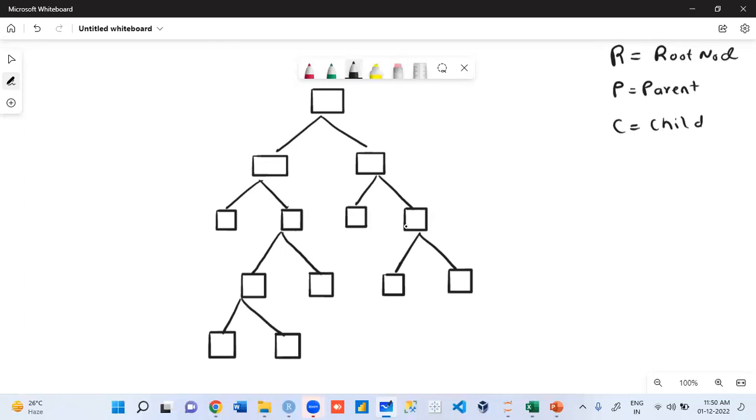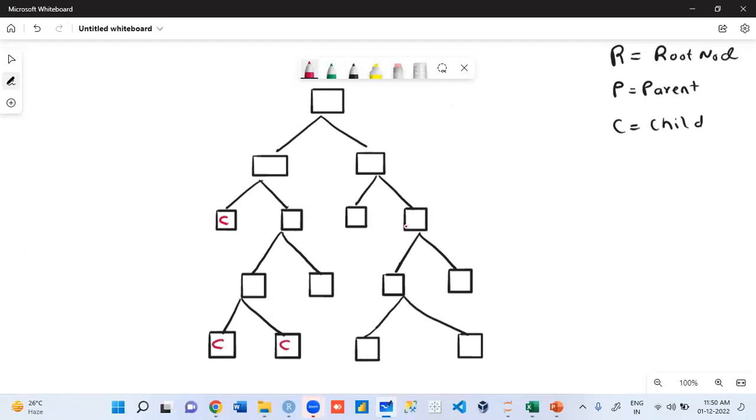How many branches? 1, 2, 3, 4. Guys, it will be okay if I write C in brackets.